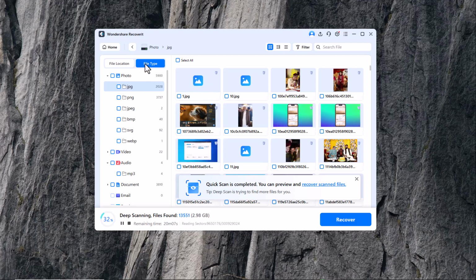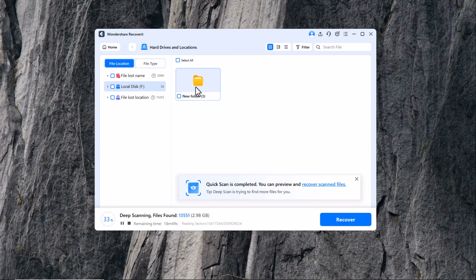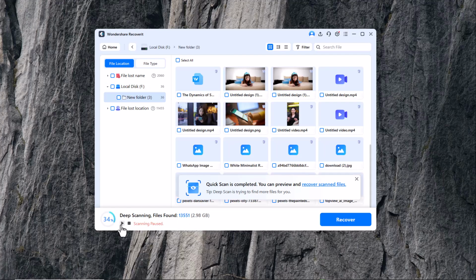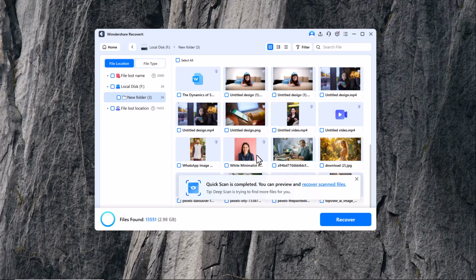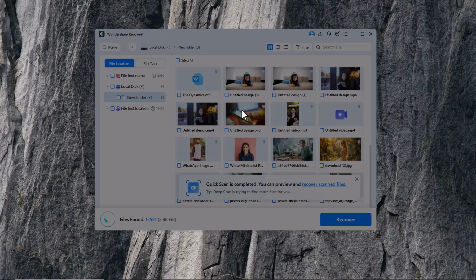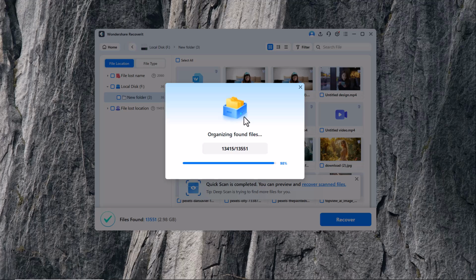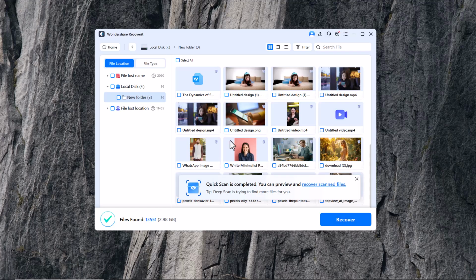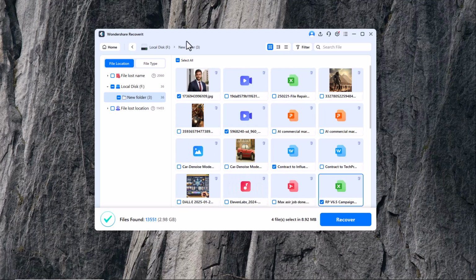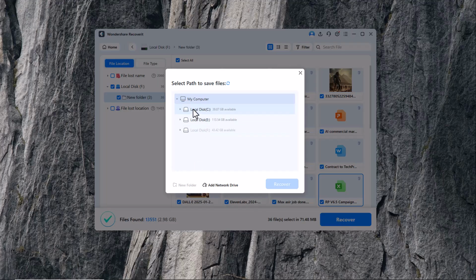I have found my folder that was deleted and all the data has been restored, including the recently deleted files and those I deleted some time ago. Now you can either select the specific data you want to recover or select the entire folder and click on the recover button.